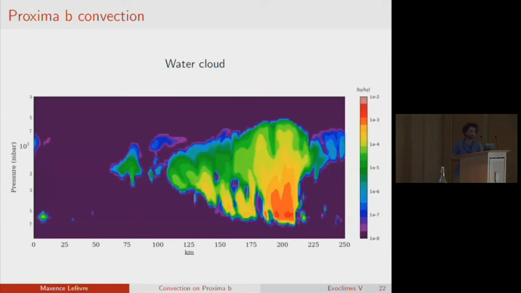This is a horizontal cross section of the water cloud, and you can see here that the plumes we get for the Proxima B case are larger in size and go a bit higher than for the Earth case.